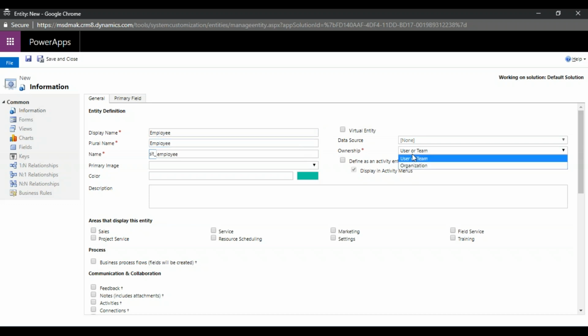Now this is very important again. Whenever we create an entity, we have an option to select user or team, or organization. So when do we go for user or team, or organization? Most software applications have master data and transactional data.